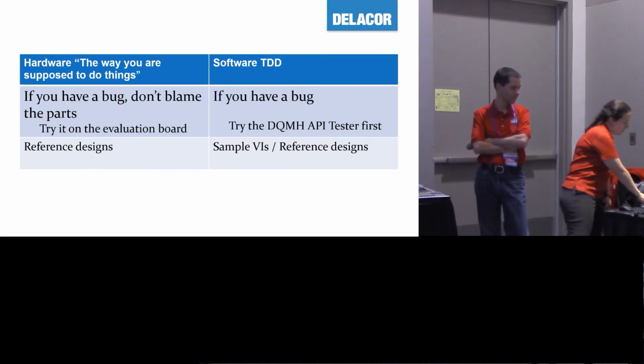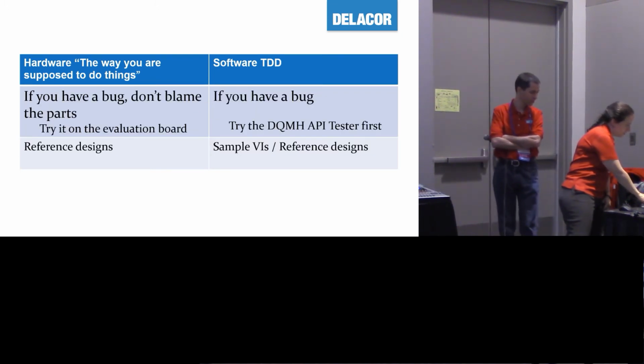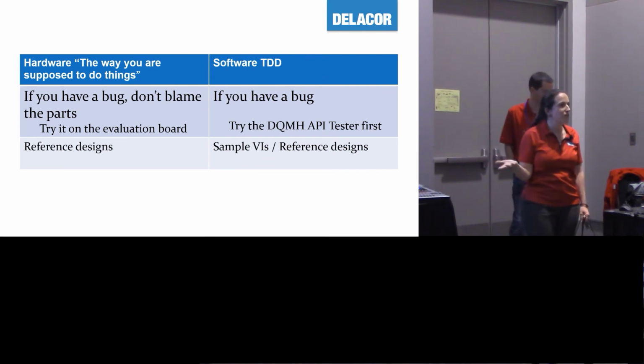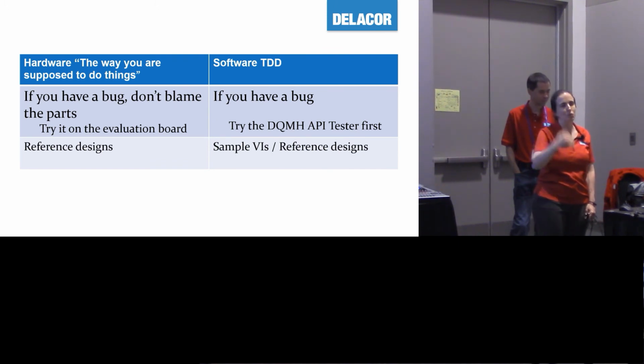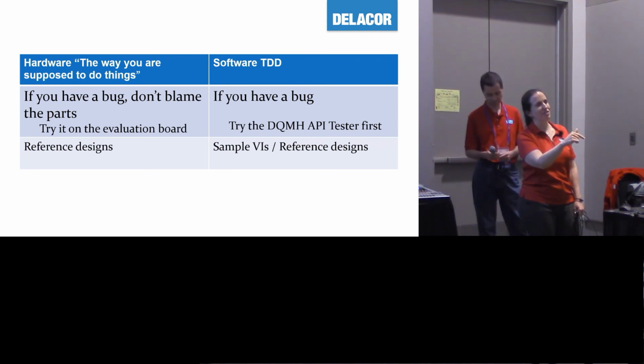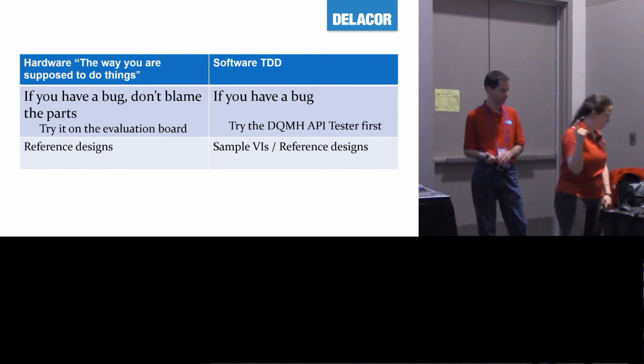All right? So this is what I just said, right? If you have a bug, don't blame the parts. Try to understand first. And this is an advantage when you have so many tests to begin with. Anytime you have a bug, you can go back. And I think, James, you posted last week or two weeks ago on Twitter that you found a bug, and that's when you realized you should have created unit tests, right? I should have created them.